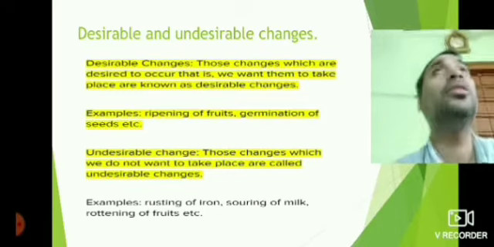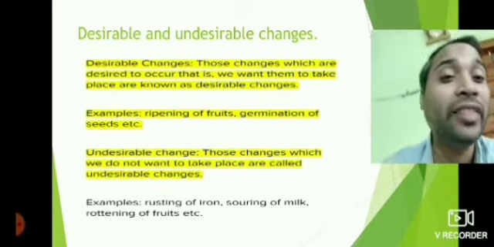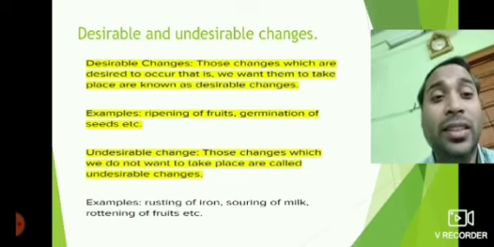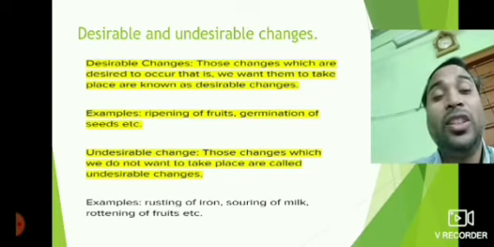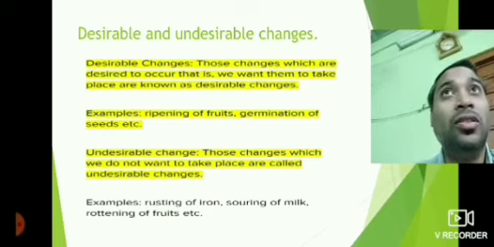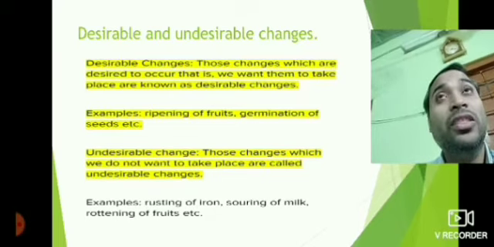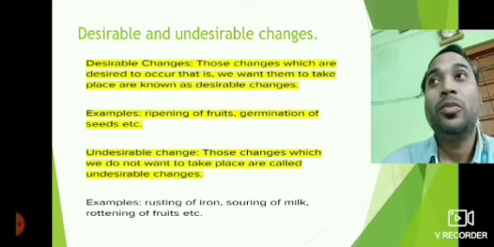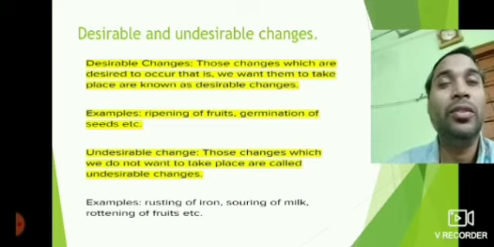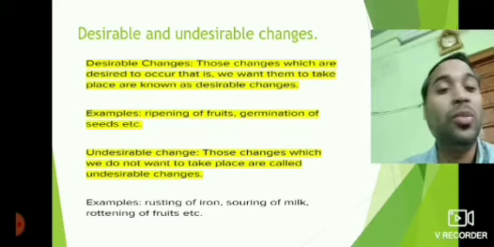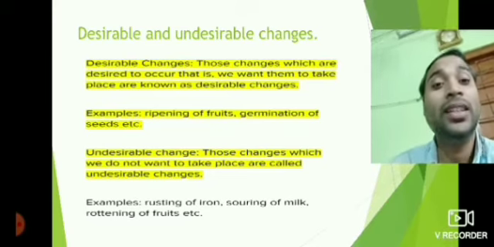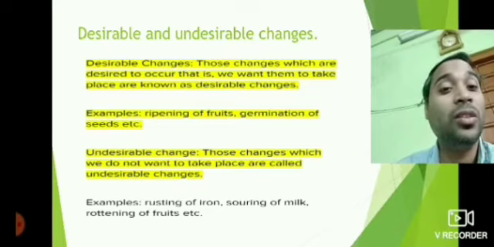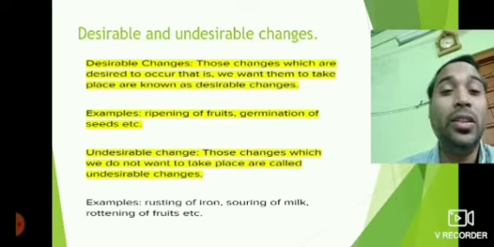So ripening of fruits, it is desirable. We like to have fruits after it is being ripened. Then germination of seeds, farmers they grow crops and they want the seeds to germinate. So it is again desirable because if crops will not grow then we will not get food. So we want the crops to be grown from the seeds. So it is desirable. Then undesirable change, those changes which we do not want to take place